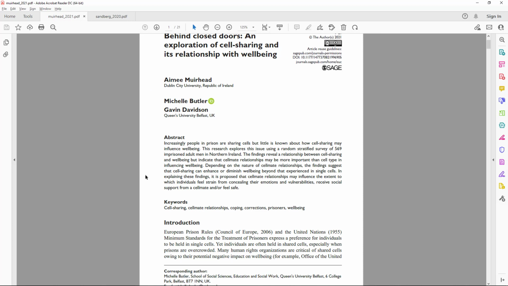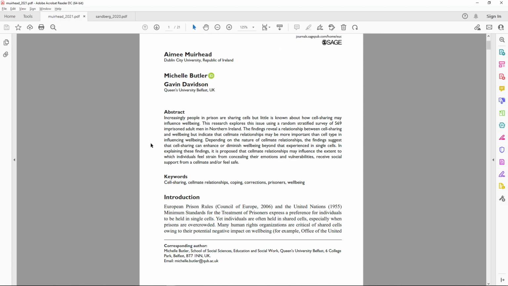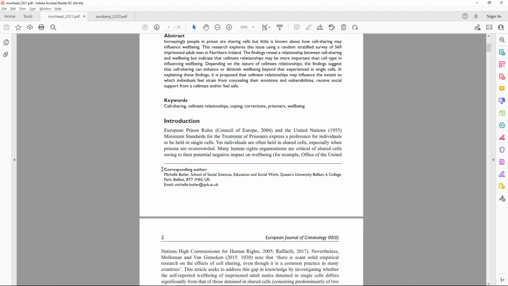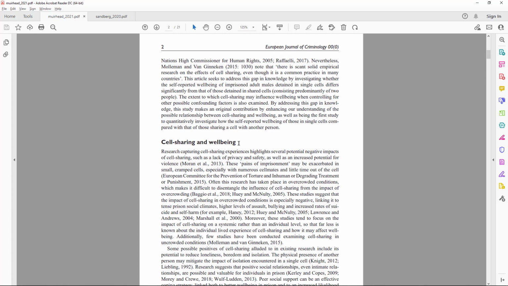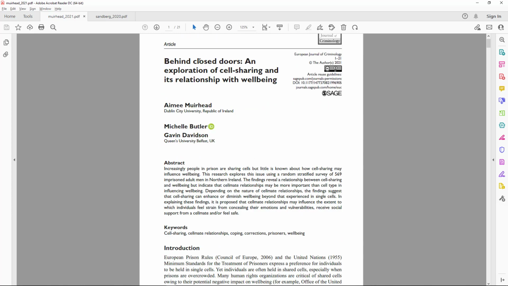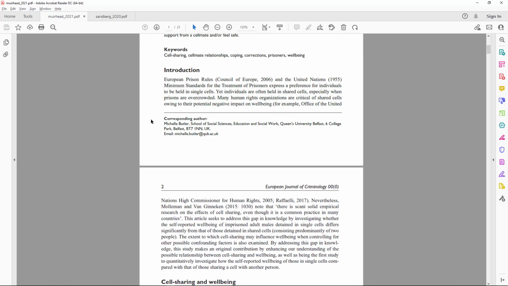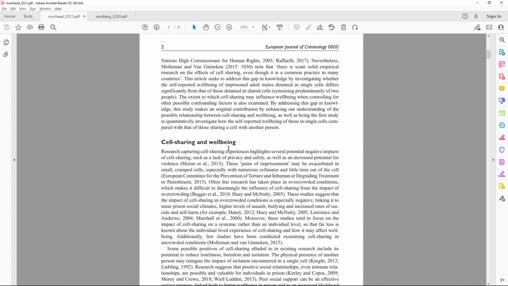As you look down through it, you'll see that most research-based articles, again, articles that are based on either original or secondary data analysis, follow the same structure. There's usually an introduction and there's a literature review. So in this research article, which is titled Behind Closed Doors, an explanation of cell sharing and its relationship with well-being, they study the literature on cell sharing and well-being. So how are they linked together? How does cell sharing or